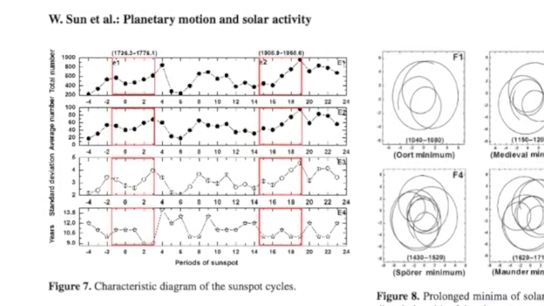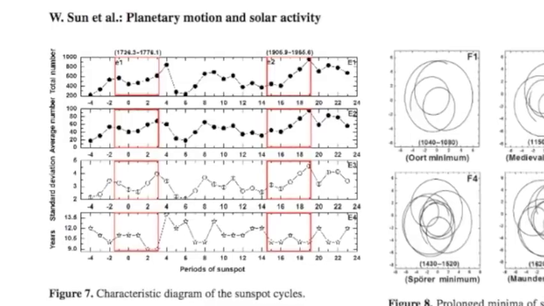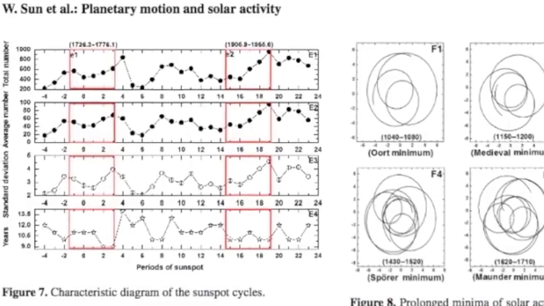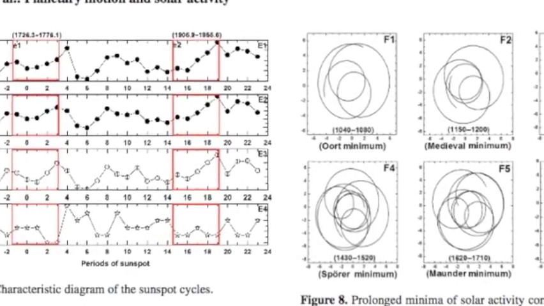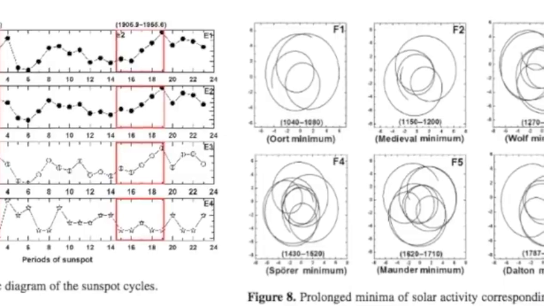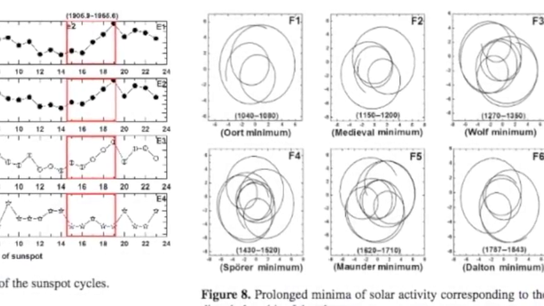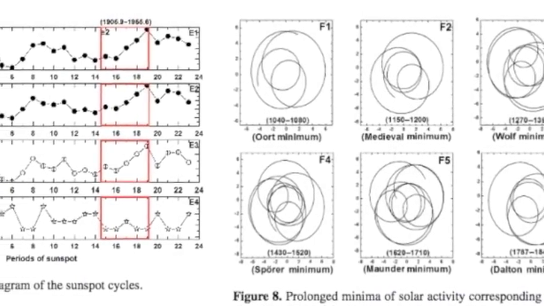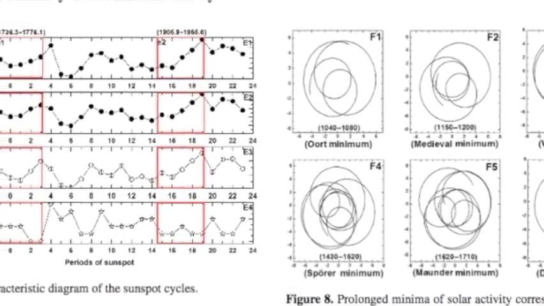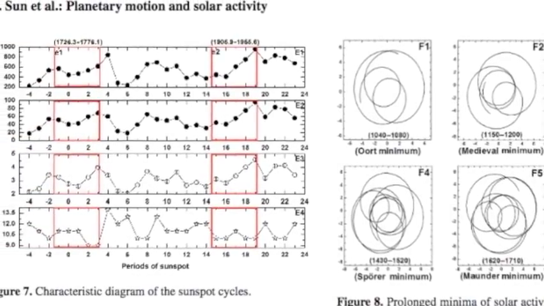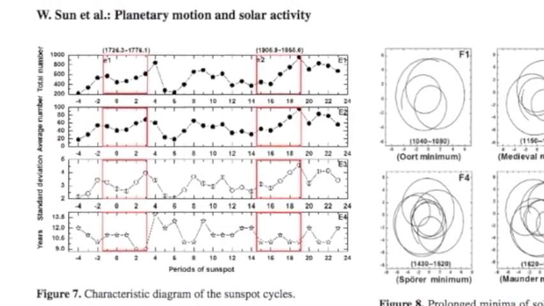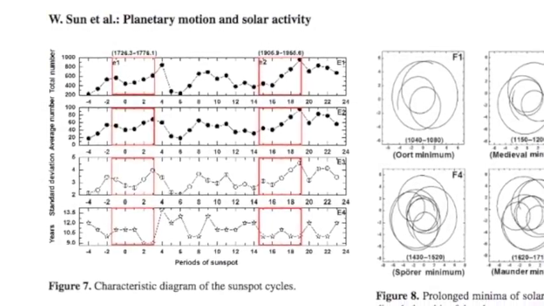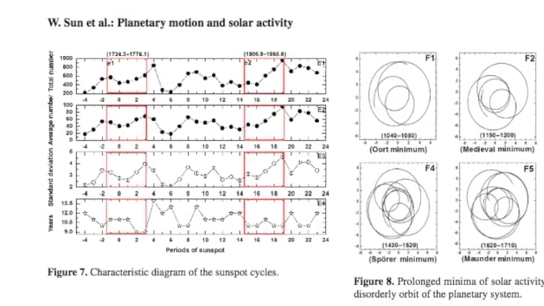The comparison between the planet movement and number of sunspots shows that during orderly orbit, the number of sunspots is relatively high, sunspots increase, and show a high change rate. Meanwhile, during disorderly orbit, the number of sunspots is relatively small, becomes non-existent, and exits the solar system. The number is also unstable with long cycle times, with an average range of 11.5 to 14 years. These findings illustrate that the planet movement influences solar activity to some extent. Similar results have been obtained by Sharvatova, who studied the orbit of the Sun around the solar system barycenter.